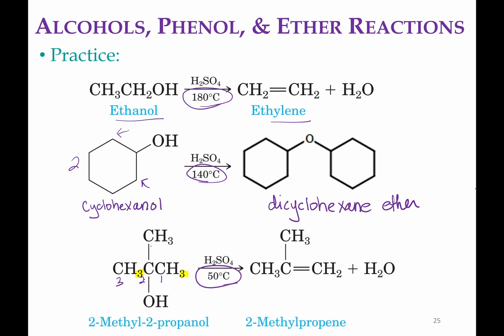But where's it going to go? It doesn't actually matter, because if it goes here, here, or here, I'm going to get the same product, and that product is going to be 2-methylpropene. So no matter where I take the hydrogen from, I'm still only going to have one possible product. So that would be 2-methylpropene, our major product, if you will. Let's stop this video here for now. We'll talk about the rest of the reactions of alcohols when the next